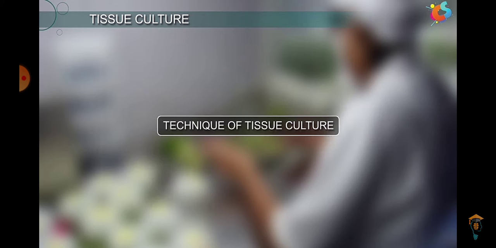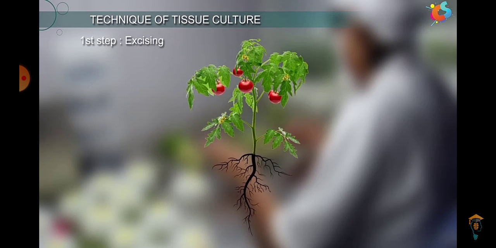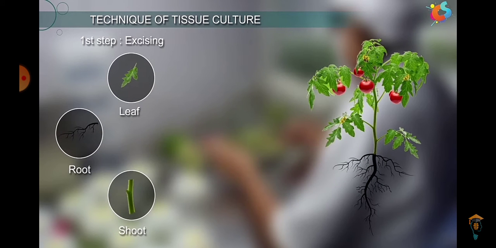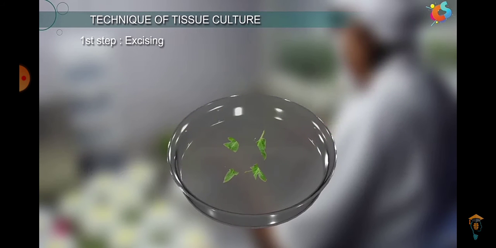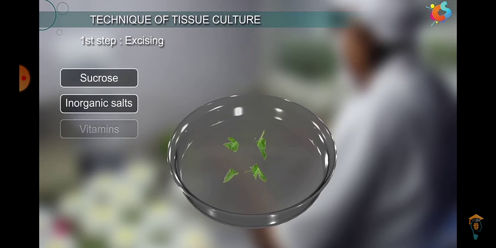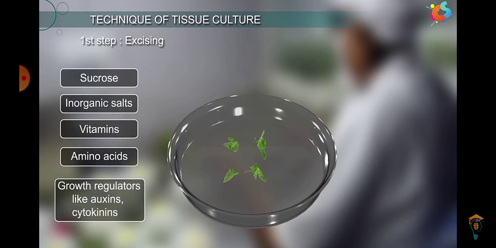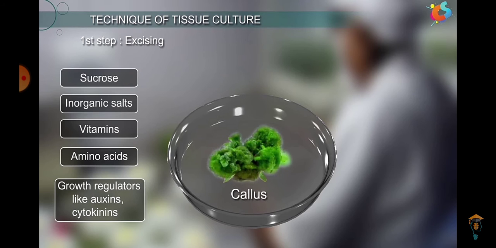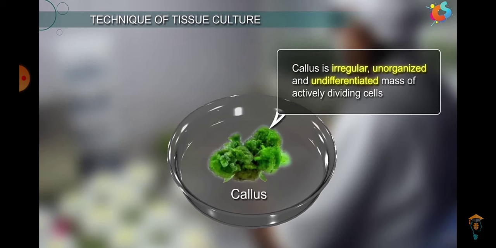Technique of tissue culture. The first step of tissue culture is excising or cutting a small part of plant tissue, like the leaf, root, or shoot of a plant. This cut out part, explant, is then placed in a suitable nutrient medium containing a carbon source such as sucrose, inorganic salts, vitamins, amino acids, and growth regulators like auxins, cytokinins, etc. The explants are allowed to multiply and form a group of tissues called callus. callus is irregular, unorganized, and undifferentiated mass of actively dividing cells.